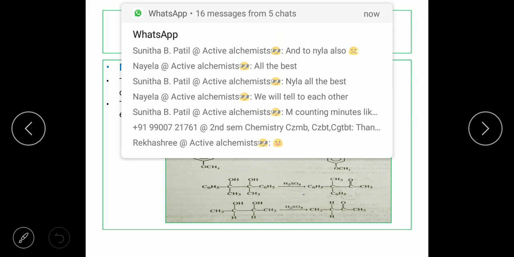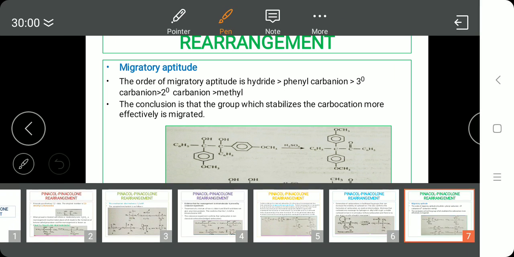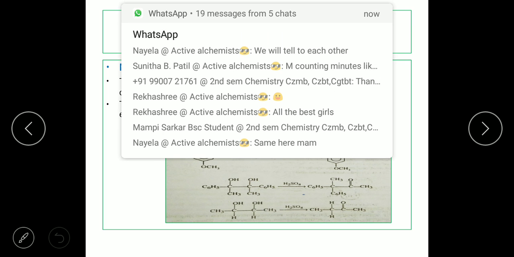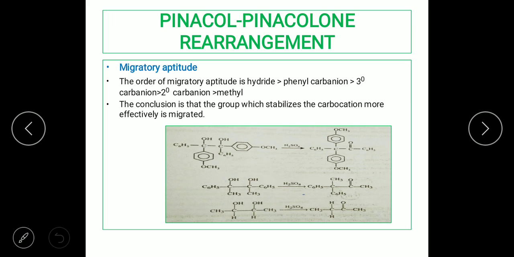Now in the second example, here again there is a possibility that either the phenyl group can migrate or the methyl group can migrate. But if you look at this structure, we can know that the phenyl group has migrated and not the methyl group, because you can see the methyl stayed back whereas the phenyl group has migrated. Why? Again, the phenyl group has a higher possibility of migration rather than the methyl group, because phenyl has a possibility